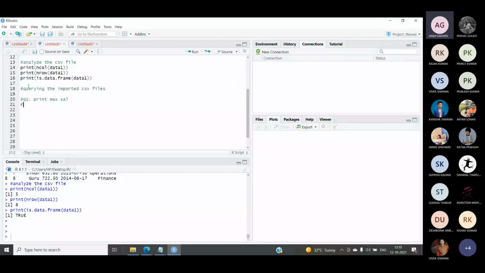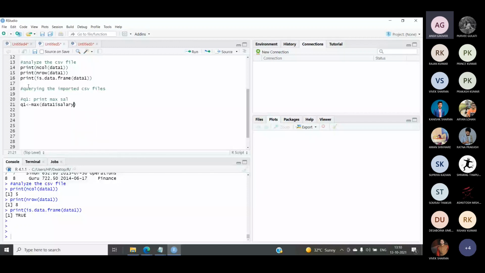So I'm calling it Q1, and inside the Q1 vector, I will use the inbuilt function max, because I'm returning the maximum salary. For this, I have to access the data frame data1. And now which column do I want to access in this case? I have to access the column named salary. Whenever we want to access any column with its name, we use the $ symbol. So with this, I will mention the name of the column, that is salary. So let's run this query.